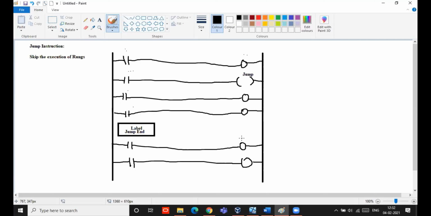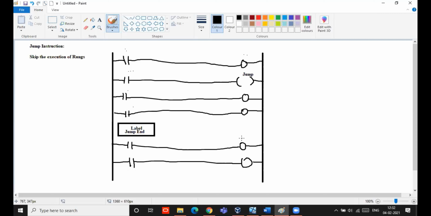For example, just assume you have a process in your industry in which there are different machines. One particular machine is under maintenance for 2-3 days, but the program is available in the PLC, so it should not get executed. If you use this jump instruction, you can activate jump so that that process will not get activated.